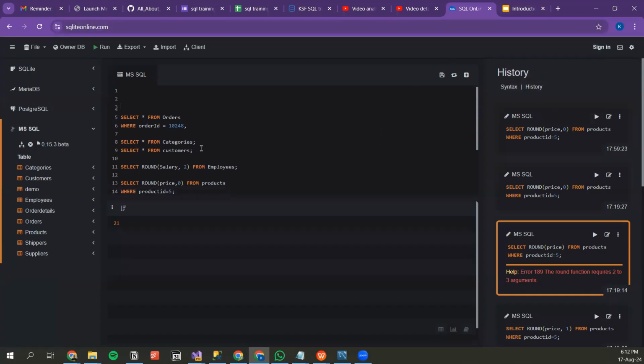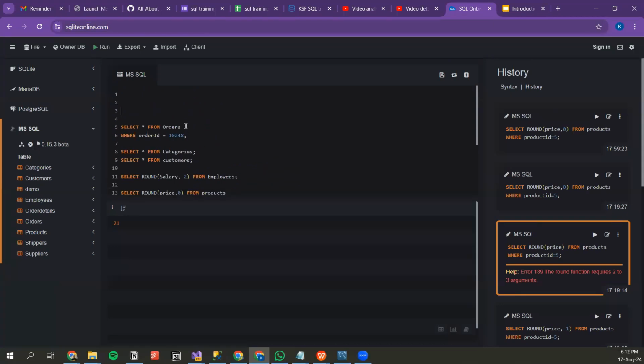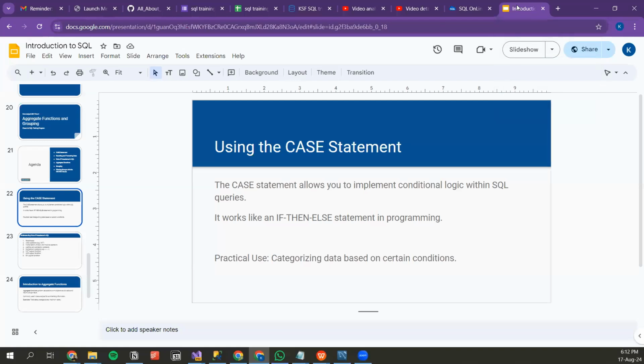So the first thing I wanted us to look at is the case statement. A case statement just allows you to do some conditional logic in SQL. It's just like doing an if-else statement. If you've had some programming experience before, you have probably seen an if-else, which is: if this happens, do this. Else,